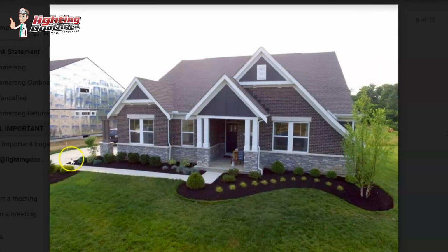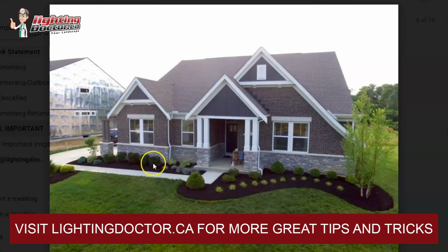And then what I would do for the rest of it is I would try and use some path and garden lights in between where I have my accent light. So for example, if I have an accent light or accent light uplight, I'm talking about the same thing. But I might throw a path and garden light in here. I might try and throw another one in here, maybe another one over here, another one over in here, and not overdo it, but just have a couple, very conservatively spaced in between where I have my accent